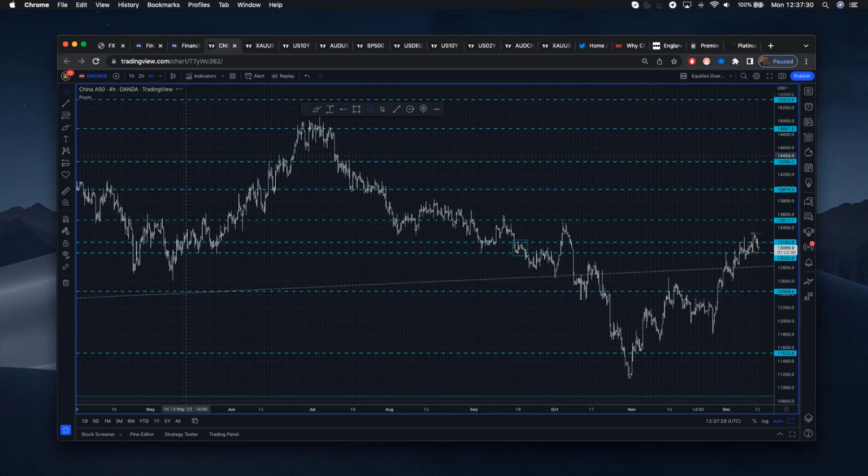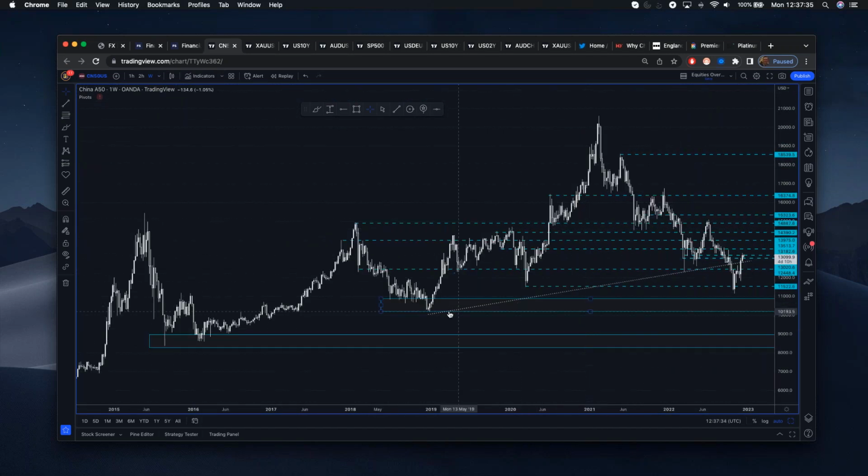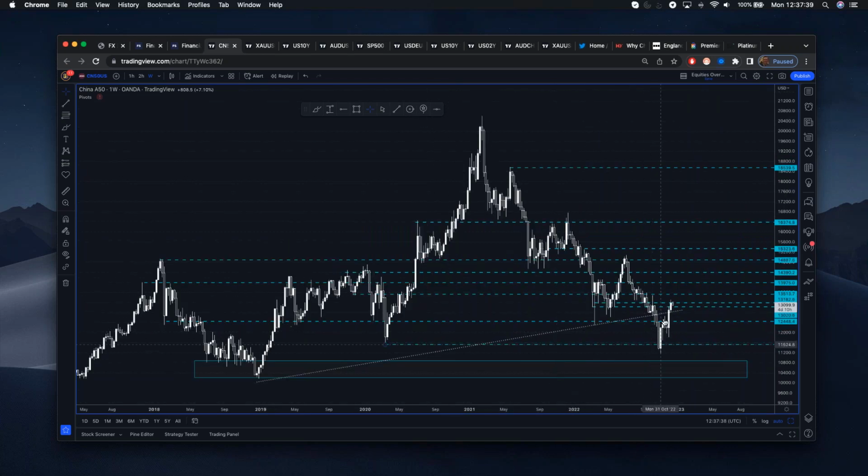And if you look at this from a longer term trade view, you can see this trend line going all the way back to 2018, price is now broken back above it. This does open up a move back up to 13.5 and back up to 1400.